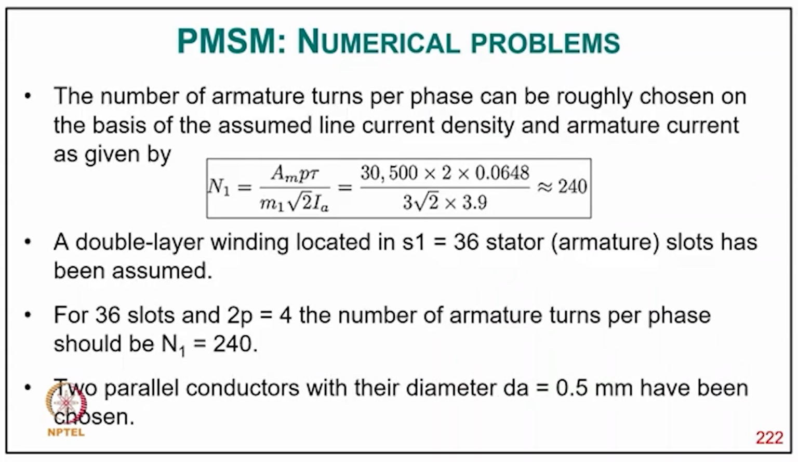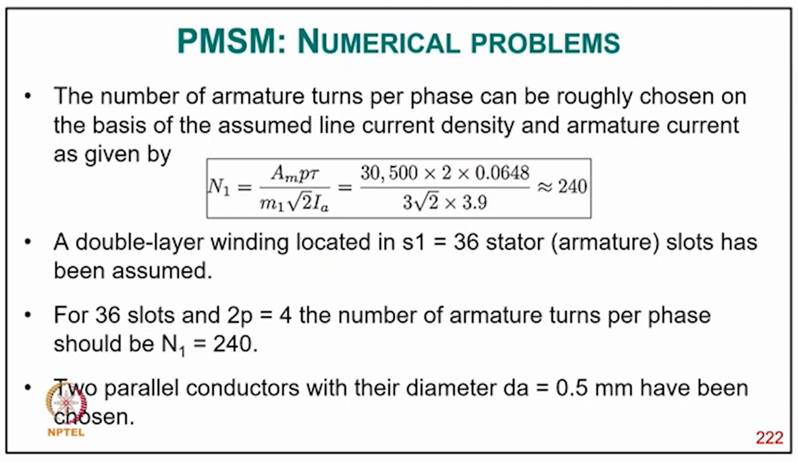The number of armature turns per phase can be roughly chosen on the basis of the assumed line current density and armature current, that is N1 equal to m p tau upon m1 root 2 Ia, that comes around 240. A double layer winding with S1 equal to 36 stator armature slots has been considered, and for 36 slots and 2p equal to 4, the number of armature turns per phase will be N1 equal to 240,